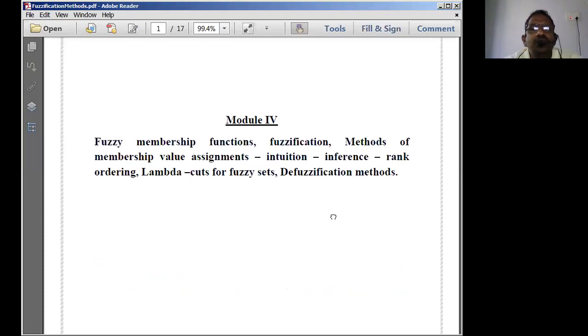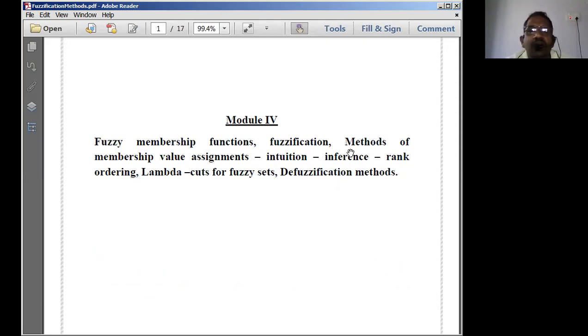Now, the next topic is going to be unit number 3. We'll move on to unit number 3. Some of the topics were left intentionally because I thought of covering unit 4 first. Why? Because it contains the defuzzification methods, which are very, very simple and easy to solve. Therefore, that has been covered first. And a few topics are left over in unit number 3.